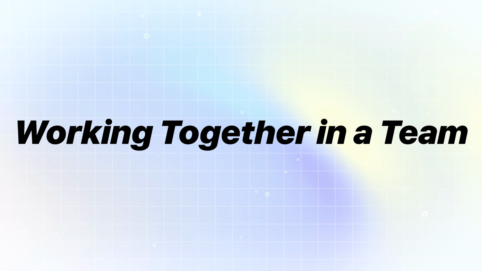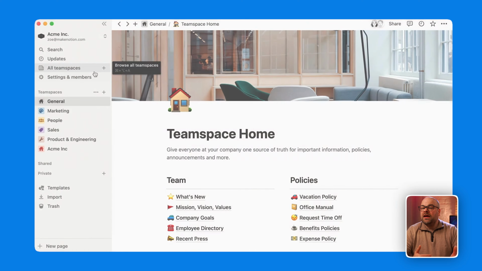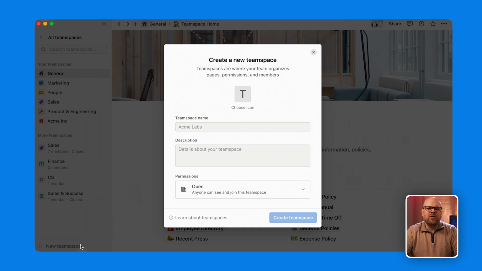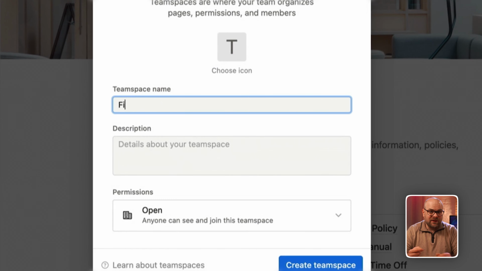Working together in a team. Notion and Notability handle working with other people in distinct ways. Notion is built for collaboration from the ground up. It has features like team spaces, where different departments can have their own private areas. Multiple people can type on the same page at the exact same time, and you can leave comments to get